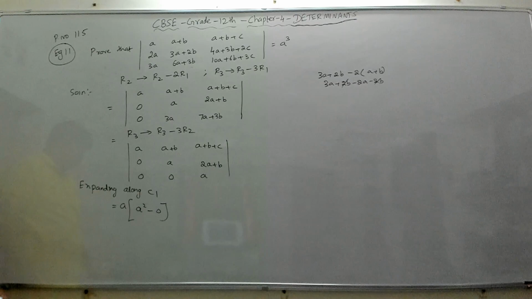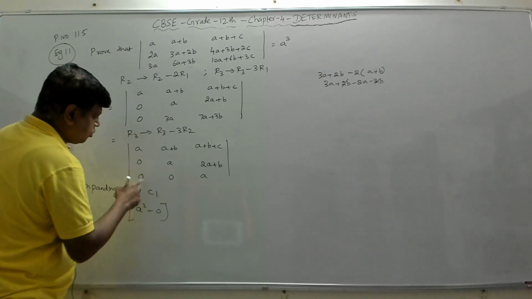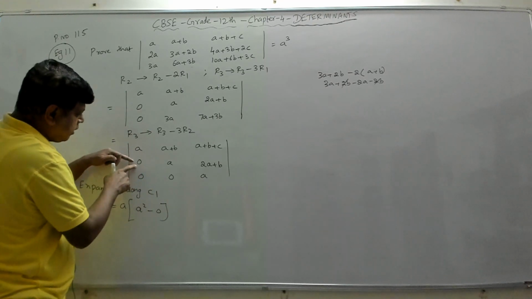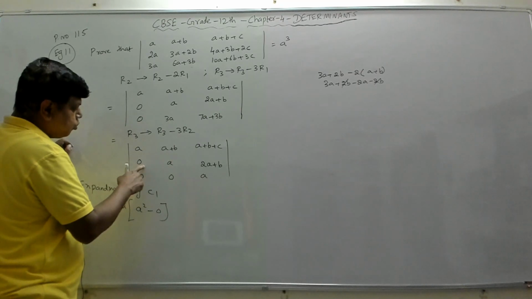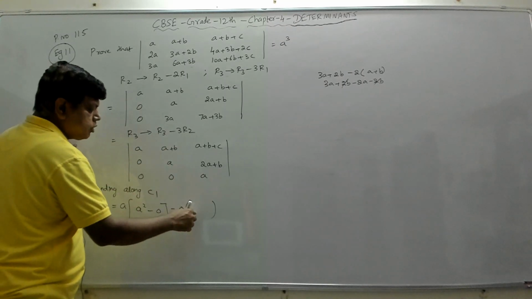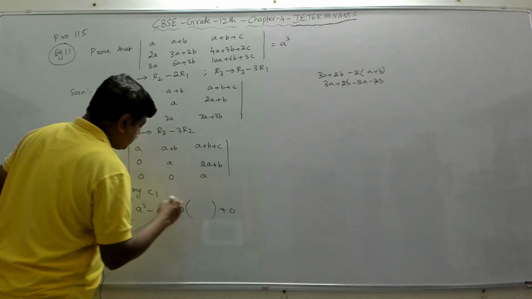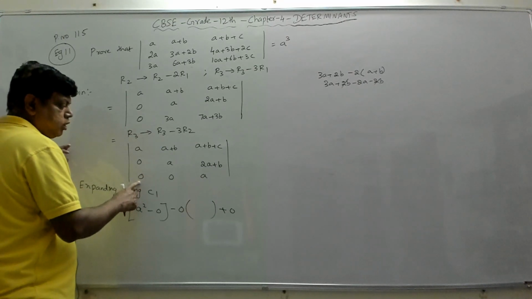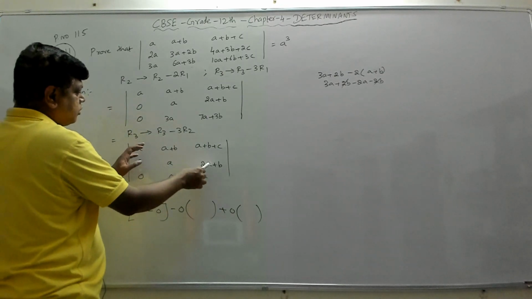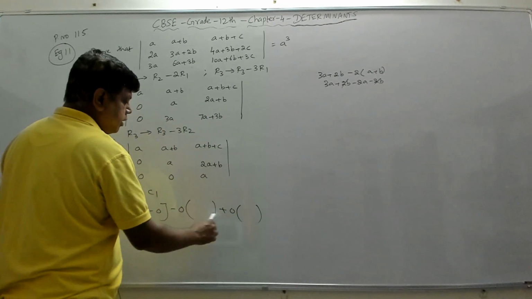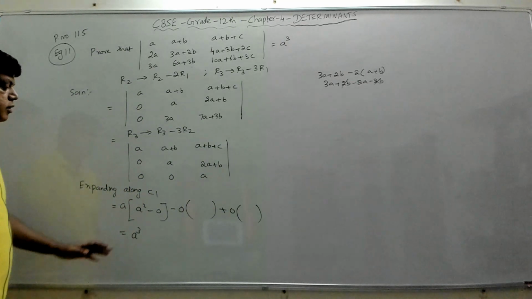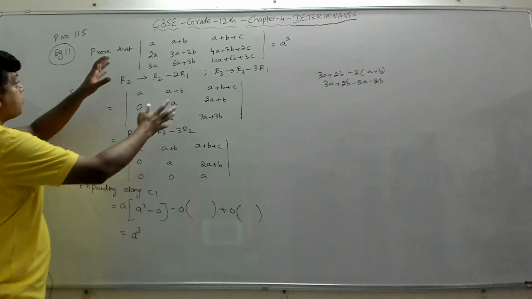Fine. Then these two are zeros. So even if you put anything here, we have to take this element because we are expanding along C1. This position is A 2 1, so it will be negative, minus 0 into whatever we do. You close this row and column, you will get 0 only. Then again this is plus 0 because its position is A 3 1, and 3 plus 1 is 4, so we should put plus. Then 0 into anything, which means you close this row and column, this into this minus this into this. Whatever you do here, you will get 0 only. So finally your answer will be A into A square, which is A cube. Other things are zeros.